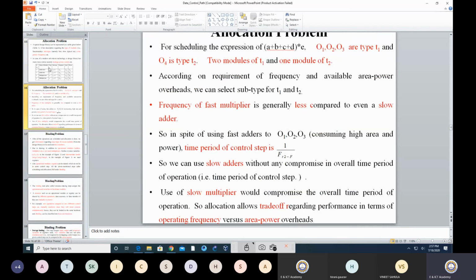But what is the usual thing? The frequency of the fast multiplier is generally less compared to a slow adder. Now what is the meaning of this? The frequency of the fast multiplier is less compared to your slow adder. Now what it says is, कि मुझे अगर एडिशन करना है तो अगर मैं एडिशन फास्टेस्ट एडर से करना चाहूंगा, if I choose a fastest adder, then any of these fastest adder will not help me to improve the system